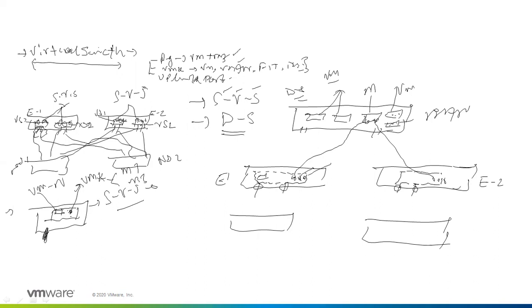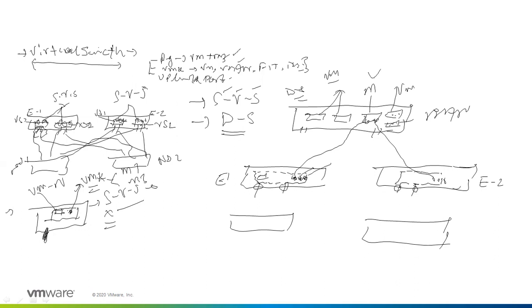That's the default nature. But if in the near future you say, even I don't want to use this standard virtual switch further, and I want to migrate my management port also to my distributed switch, then for that you have to create a port group first. Then you can migrate all the VMkernel ports, first management, then the rest of the VMkernel ports,